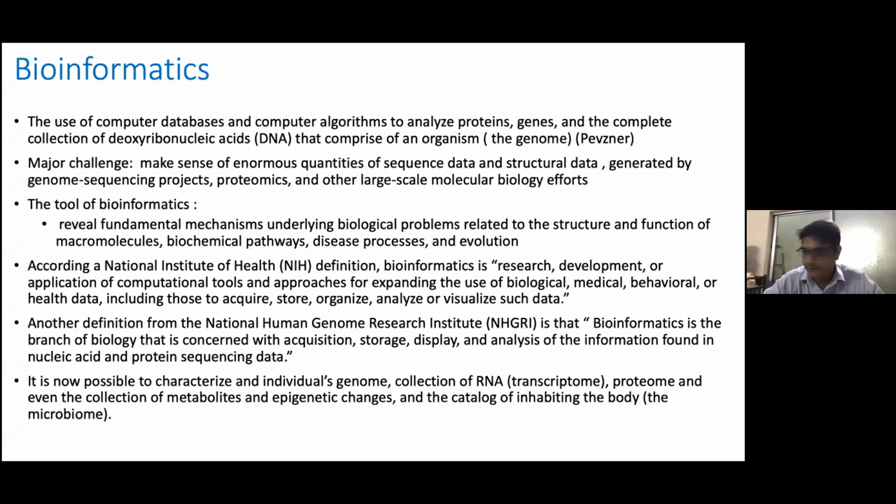So what is bioinformatics? All of you know that recently, especially due to the advent of next generation sequencing, huge amounts of data are being generated in the biological sciences. So we need a marriage between computer science, information technology, and the biological scientists. That was basically the impetus for the development of bioinformatics. It was defined in many ways by many people and organizations. Because of the production of such huge amounts of data, there is an urgent need to make sense of this enormous amount of data, including protein structural data,